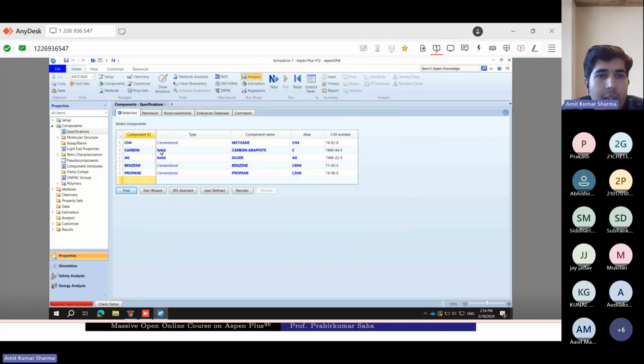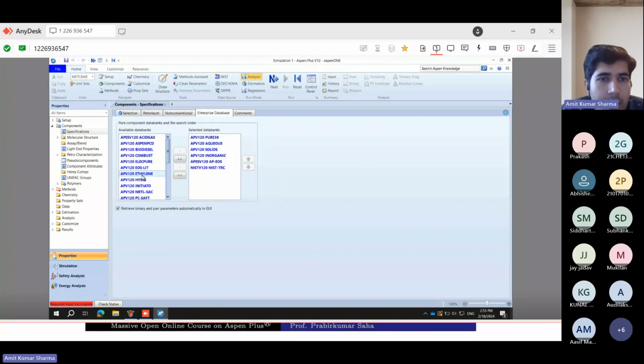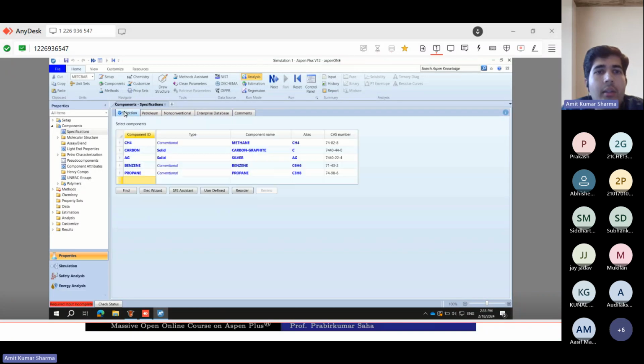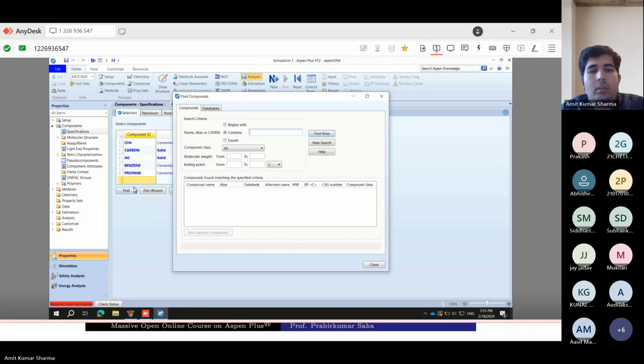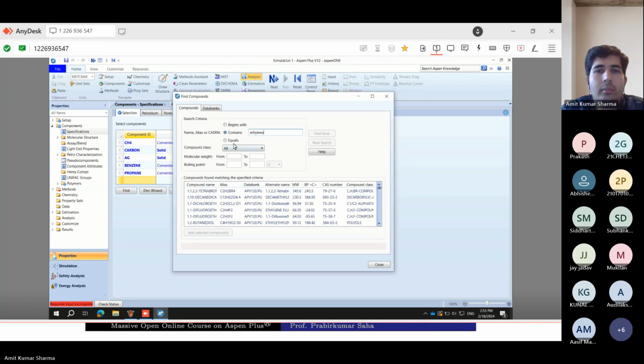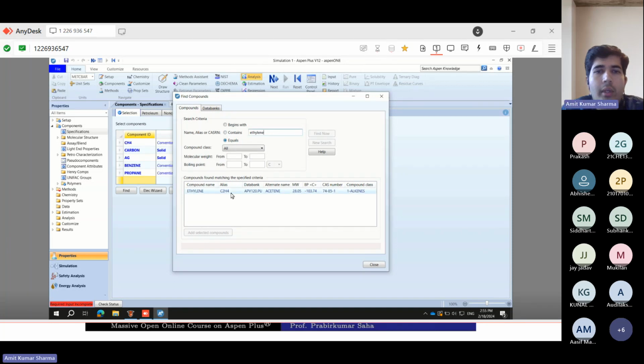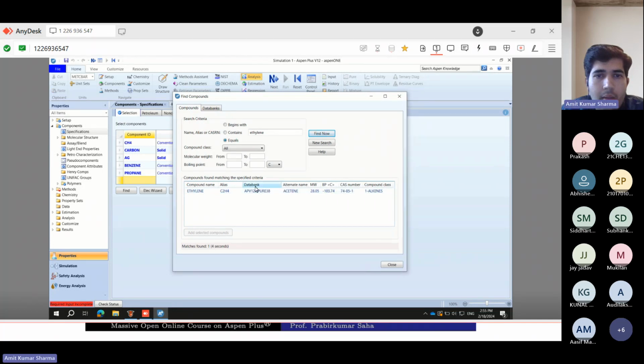Let me type the name exactly, ETHYLENE. Here you can see we have ethylene and the data bank is pure APV 120, Aspen Plus version 12 and pure 38. So this is the data bank.